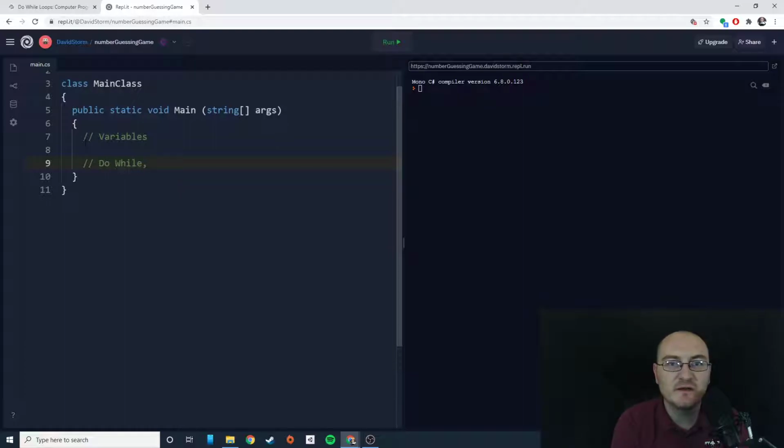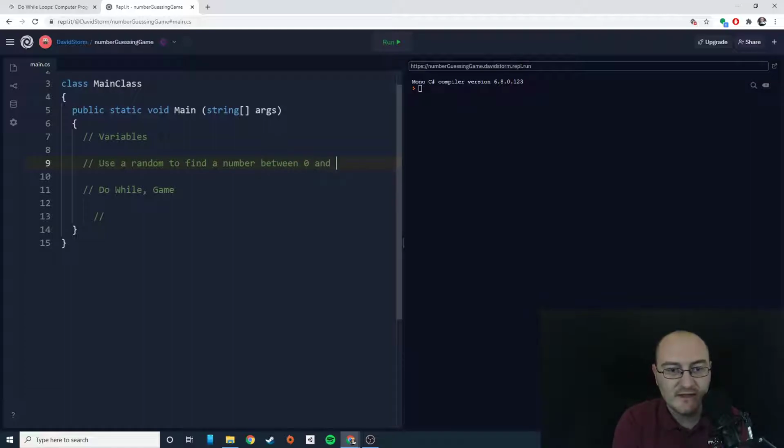It's basically going to run the whole game. Inside that do while, I'm going to actually, after these variables, let's do this. Use a random to find a number